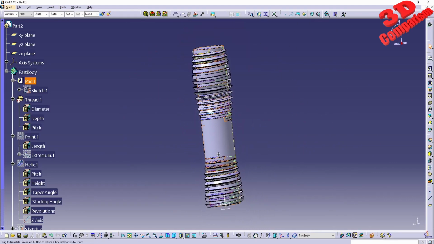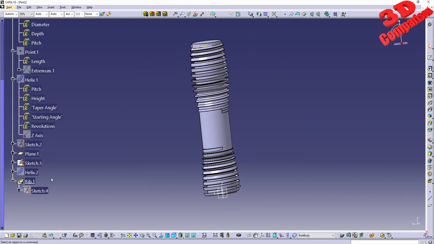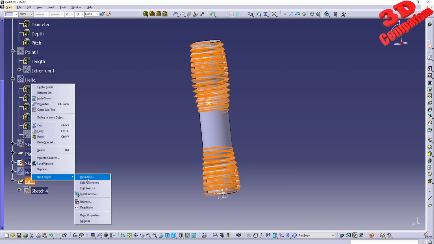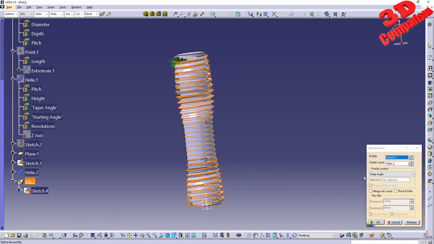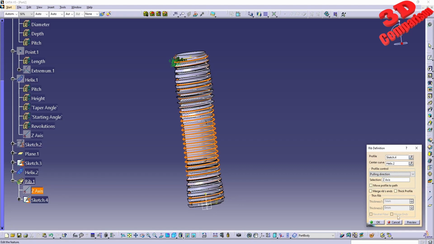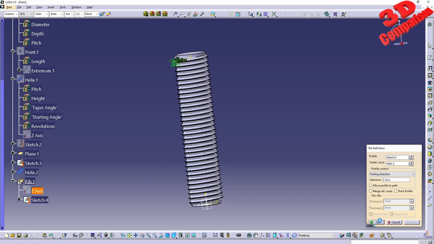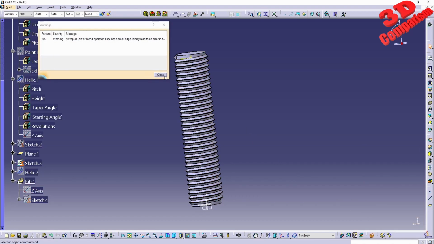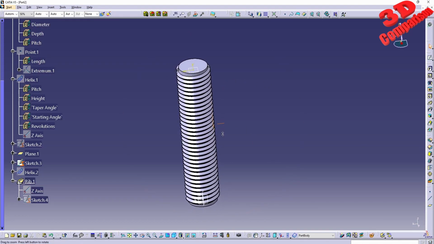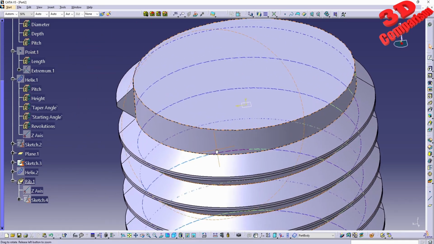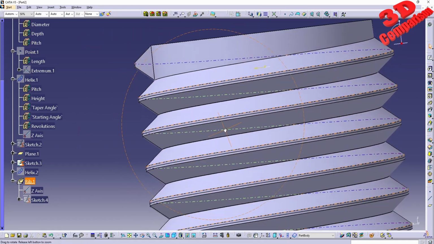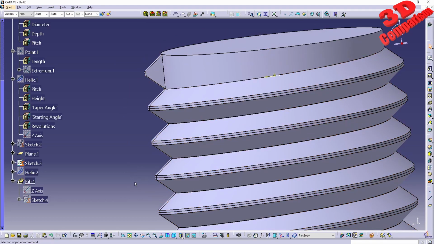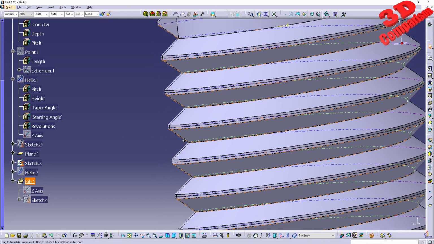Yeah, we see that I didn't change the pulling direction for this. So this is the weirdest thread. Just gonna go with pulling direction on z-axis, and that should correct that. Yeah, we still have the warning, but now we have the thread generated. So as you can see, this is how you can create threads in CATIA. We see it over here, it's slightly